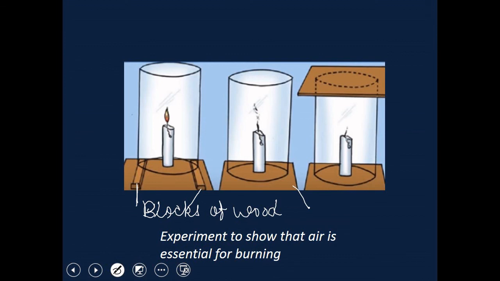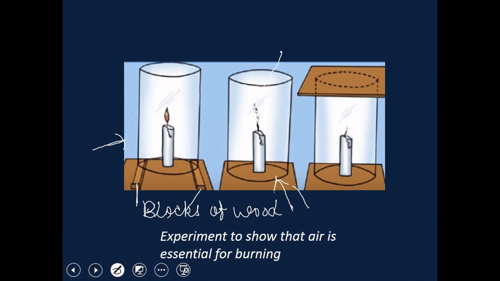So what do you think? What will we observe in all these three cases? Does the flame flicker off? Does it flicker and give smoke? Or does it burn unaffected? This you have to think. So you will find that in case A, where air can enter the chimney from the bottom, the candle burns freely. But in case B, where air doesn't enter the chimney from below, because there is no space for air to enter from below, the flame flickers and produces smoke.